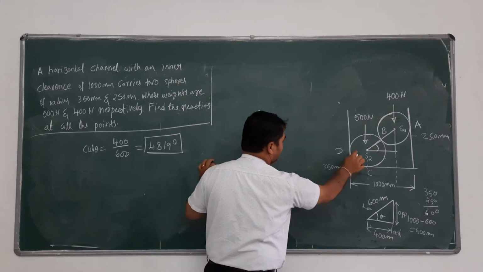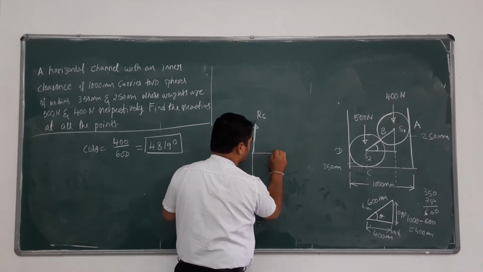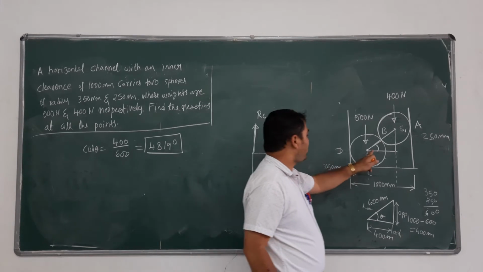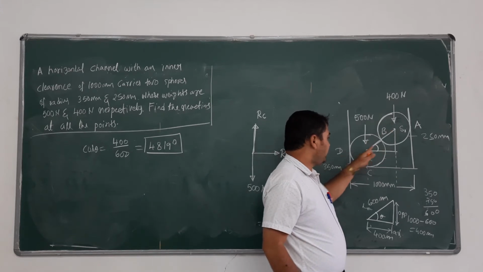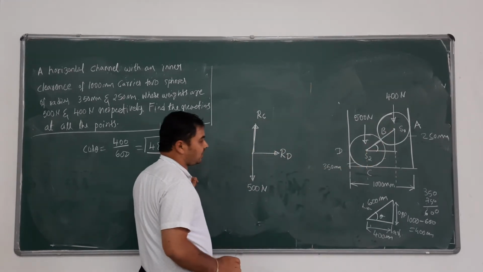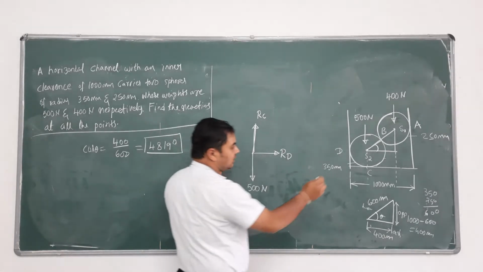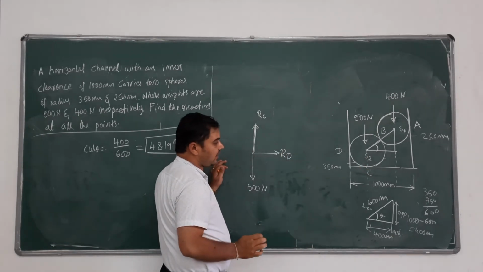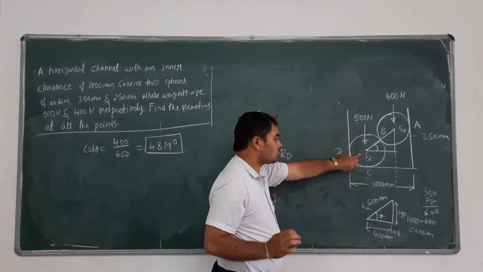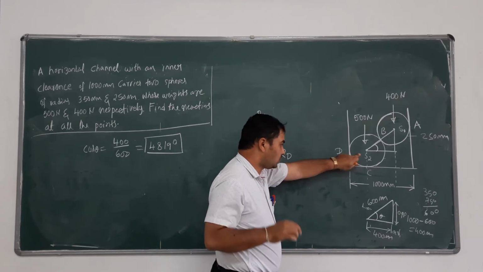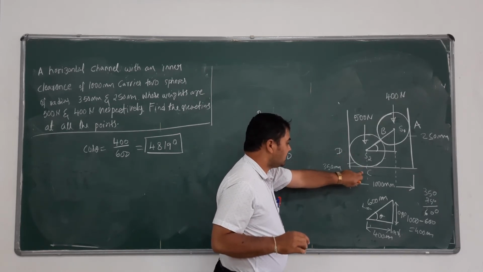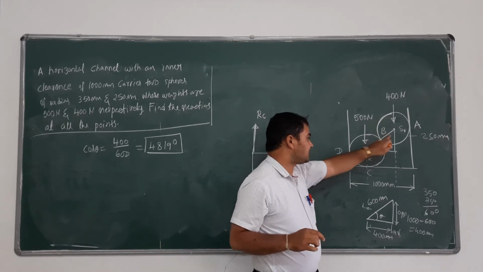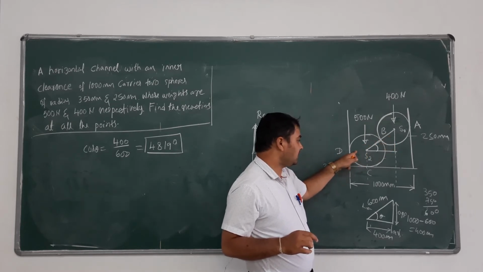RC. Next, there is a reaction at the point D, I call that RD. Next, the reaction at the contact between S1 and S2, I call that RB. Now, the sphere S1 is exerting force on sphere 2. So when writing the free body diagram for sphere 2, we have to show all the forces acting on sphere 2. That means we have written the reaction at C, D and its self-weight.